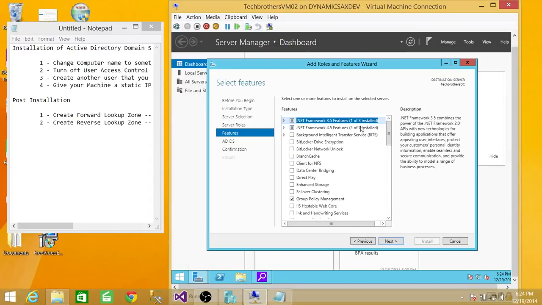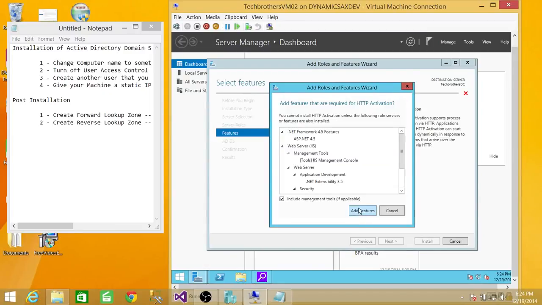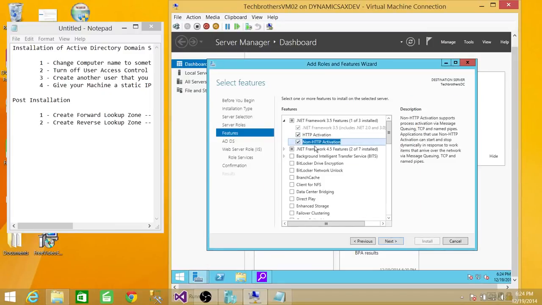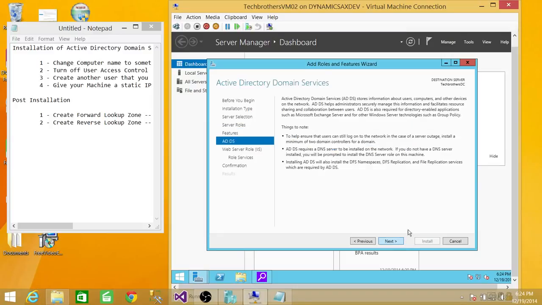Right here, as you can see, .NET Framework 3.5 features, 1 is installed out of 3. I have installed 1 already for another demo. So what we're going to do is, this is very important for a lot of software, not just for Active Directory, but a lot of other software to work properly, because it combines the power of .NET Framework 2.0 and 3.0 together. So we're going to go ahead and install the rest of the HTTP and non-HTTP activation features as well. So go ahead, click Add Features, click Next,